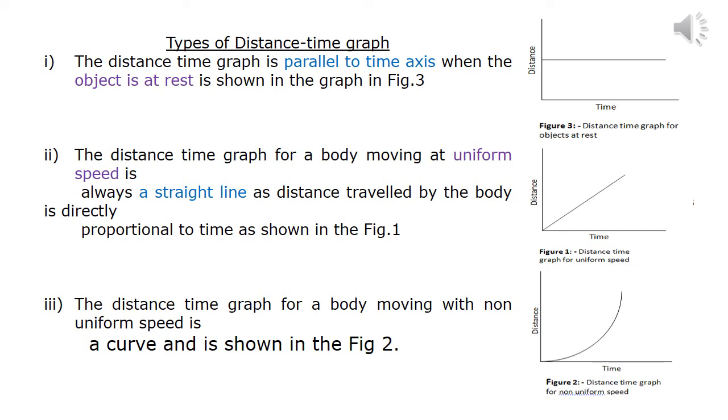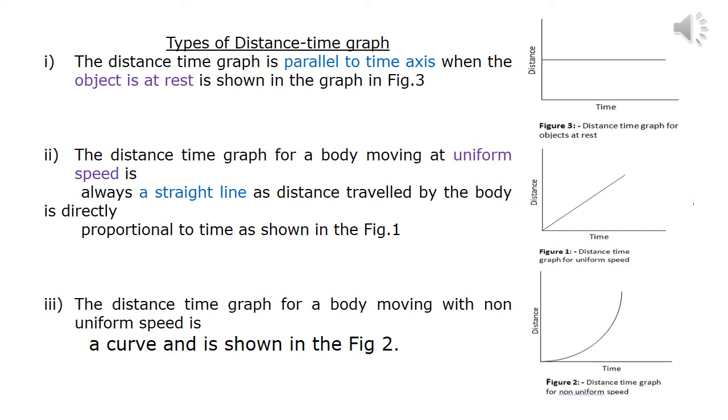Now we'll be learning about different types of distance time graph. The first type is where the object is at rest. The nature of the graph will be a straight line which is parallel to the time axis. But why is it so? Here it is showing that the time is increasing, but the distance of the object from a particular observer is not changing. That is why the distance from the observer remains the same and the graph is parallel to the time